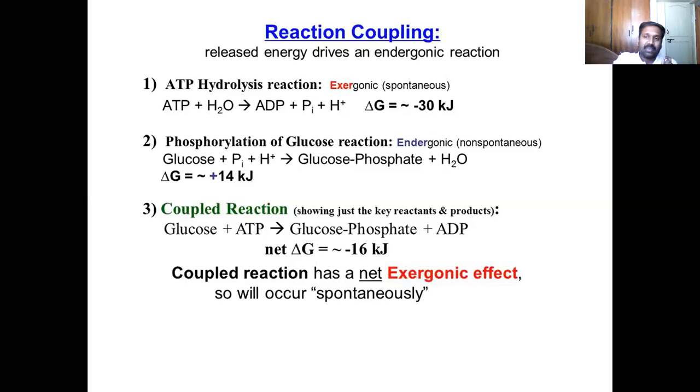But what is the only thing happening to the cell? It is losing its ATP stock. Is it not? Every time it does a coupled reaction, every time it does an energy coupling reaction, ATP molecules are decreasing in concentration. So the cell has to find a source to replenish or renew that stock. How does it do that? That's the discussion of our metabolism chapter. Anyways, so the net reaction is still exergonic and spontaneous.